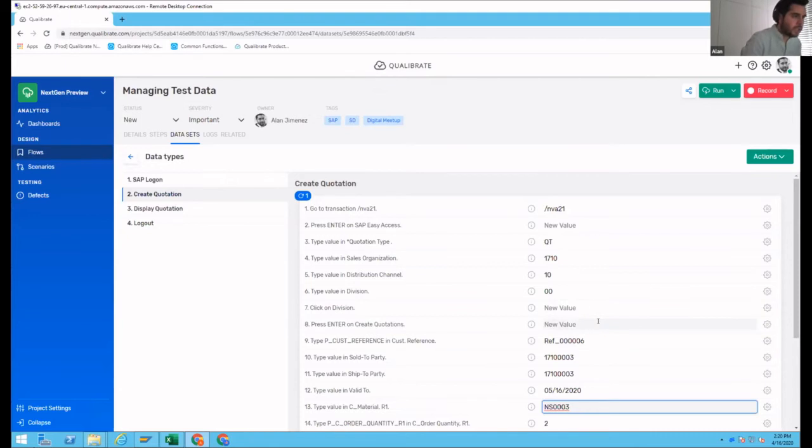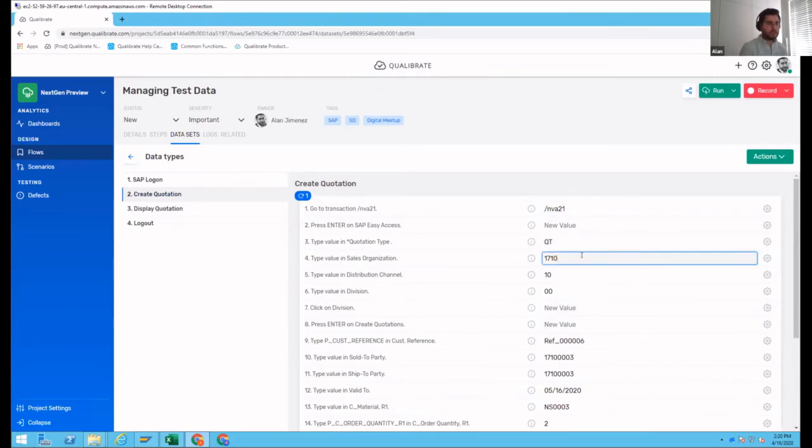But this is where I want to go into more detail, because Qualibrate supports multiple options, so you can generate the data directly from the dataset itself. All the values that you see here that are entered are what we call simple values. Simple values can be easily edited within this view. You can do it directly on the application, so you can literally navigate from one value to another with the tab key, right? Or, if you feel more comfortable, you can export this dataset, maintain it in an Excel file and then import it back into the system.